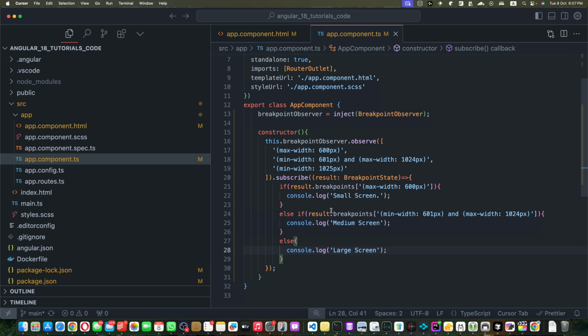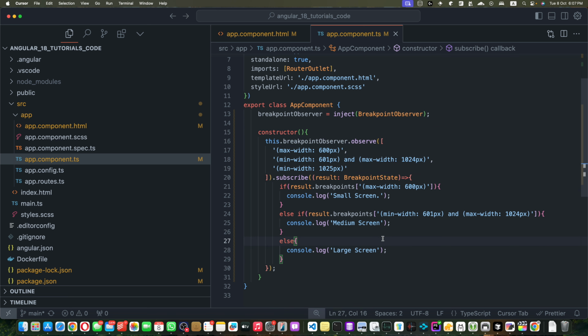So this is very powerful because you can do the same with the CSS as well, but in the CSS you don't have much control. You cannot do any kind of action. You cannot perform any UI changes that need JavaScript. But if you are using this approach, you can perform any action that is depending on JavaScript.